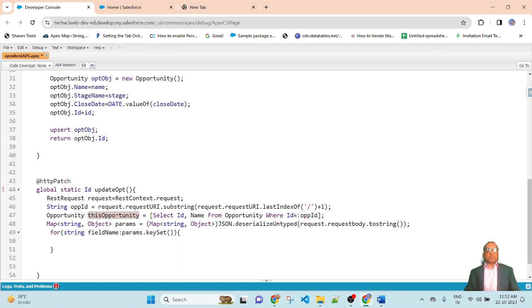So this opportunity.put, bracket, and here we will pass the value: fieldName, comma, params.get, bracket, and pass the fieldName.